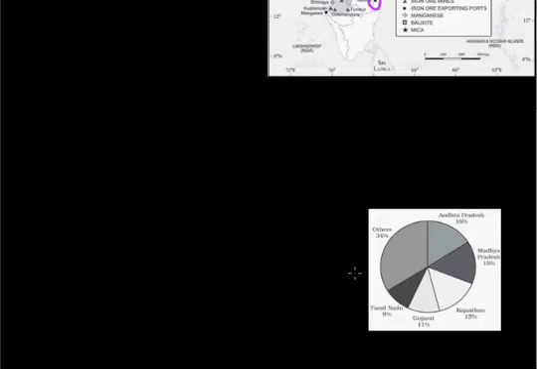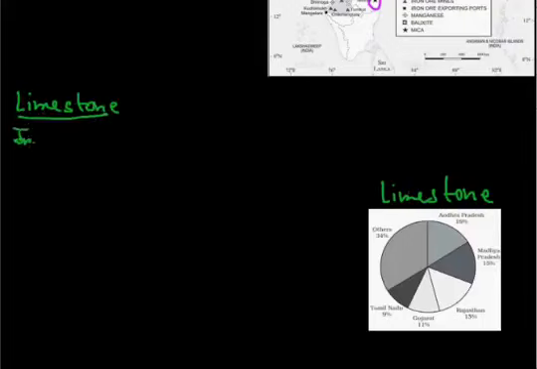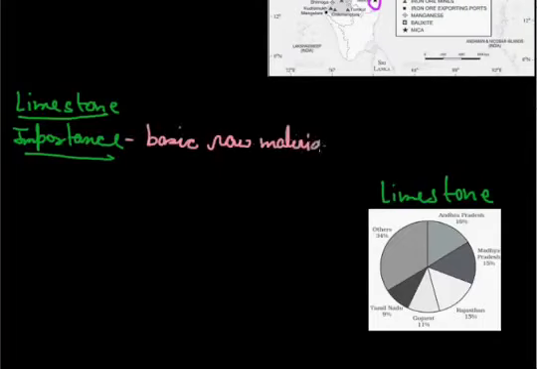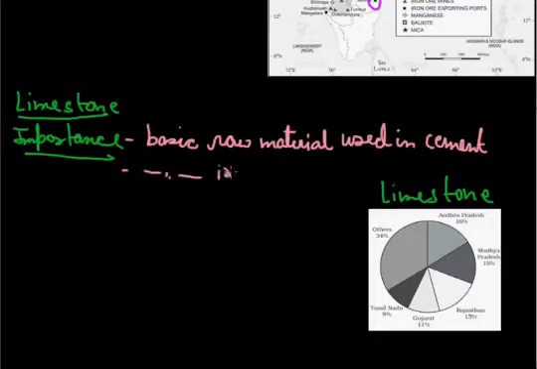Now, let's come to the next mineral. Here, we take an example of the rock minerals which is given in our book, and that one is the limestone. So, let's come to the limestone. Obviously, first of all, we have to discuss the importance of limestone. In importance, it is a basic raw material used in cement industries, and also it is used in the iron and steel industries,